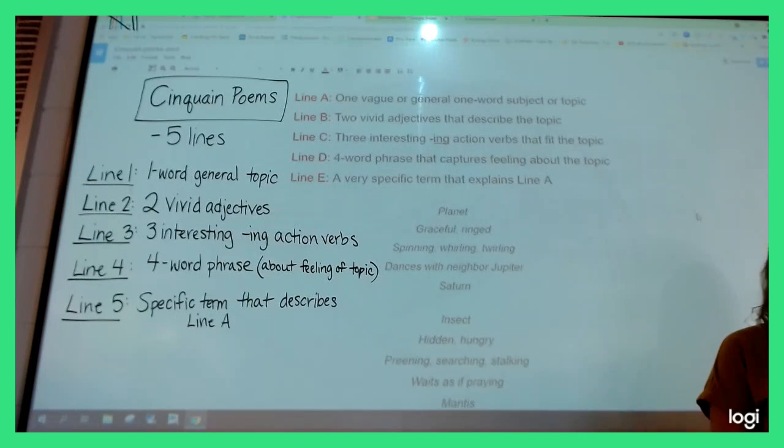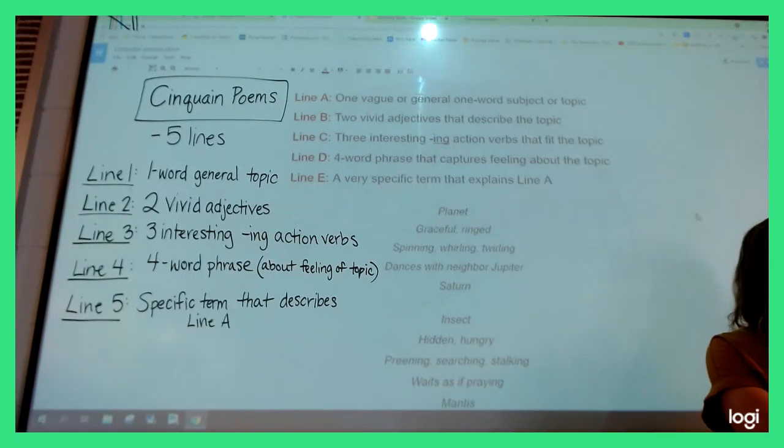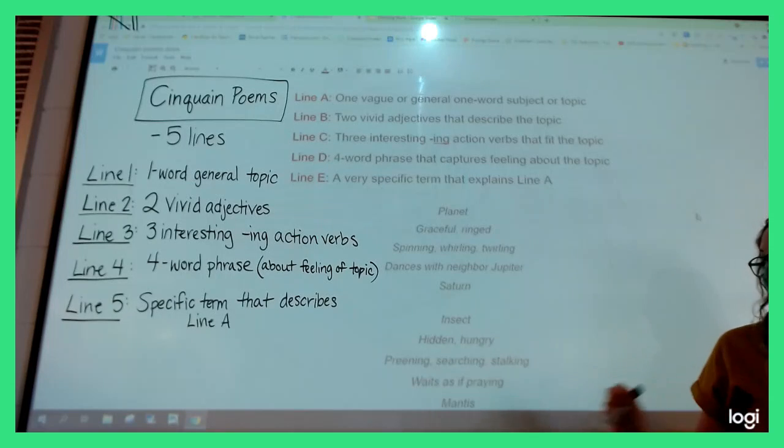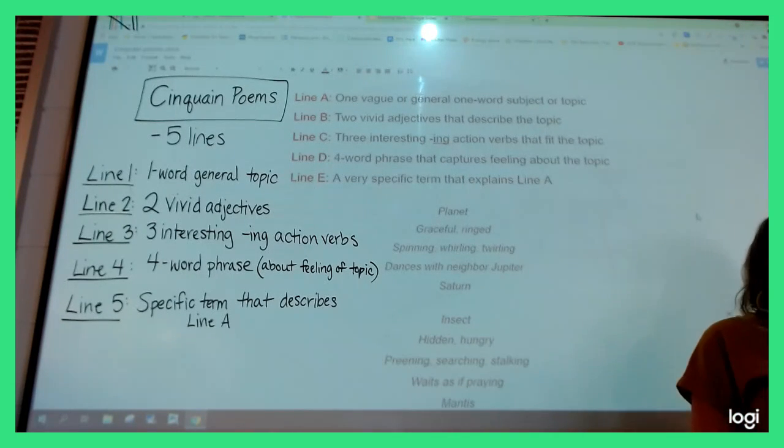Angie? For the end of your poem, what should you put? It says waits as if praying. Are they putting the words praying and mantis together? Just one word at the top and one at the bottom? It's all confusing. Well, this is waits as if praying. That's just because that specific insect holds its hands like this. And a mantis is a general type of insect. So a praying mantis is a type of one.